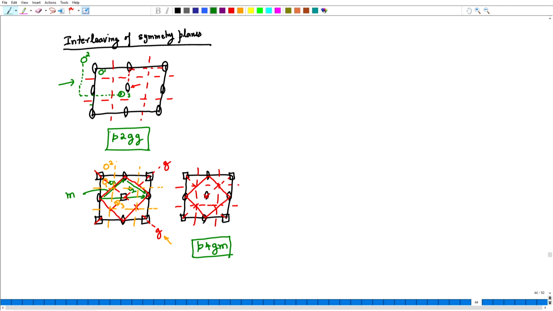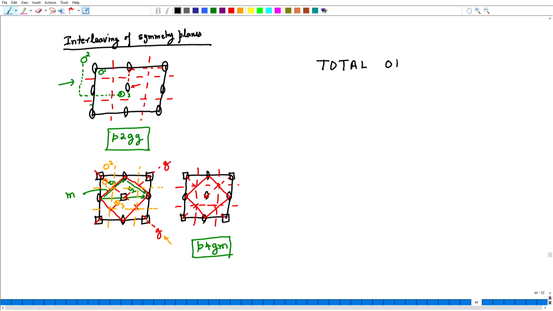Now, in fact, if I try to add, let us say, interleaving symmetry planes inside the hexagonal based plane groups, there could be put interleaving glide planes in those lattices as well, but they are not going to create any new plane group. So, in fact, that is all. We finally come to an end, and to sum it up, if I add up all the plane groups, we have a